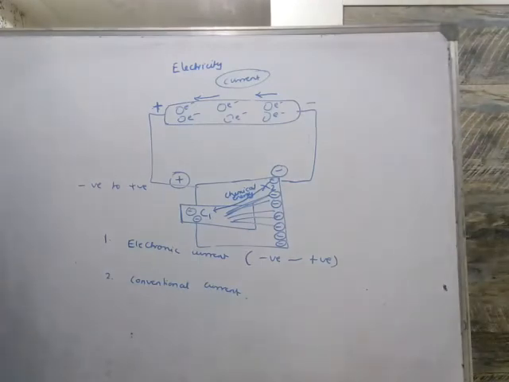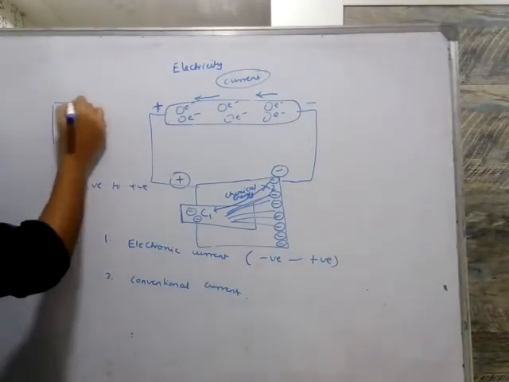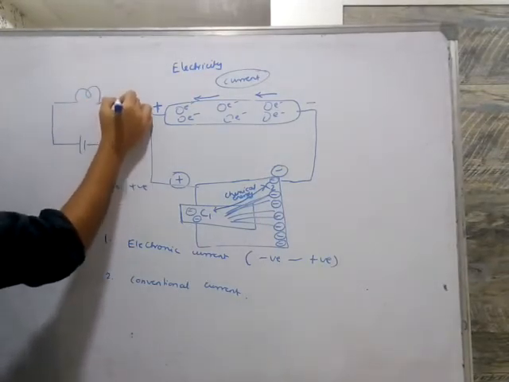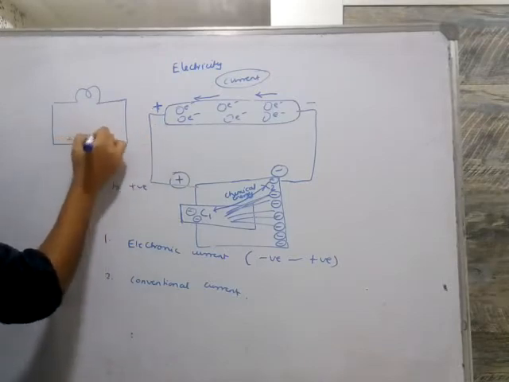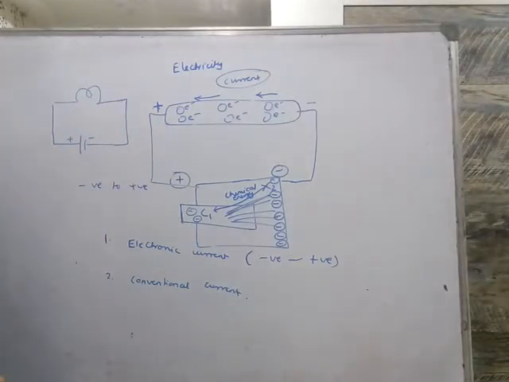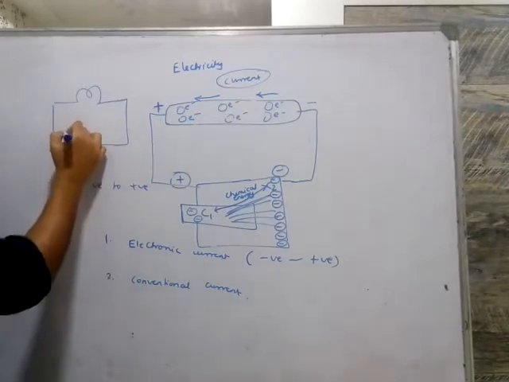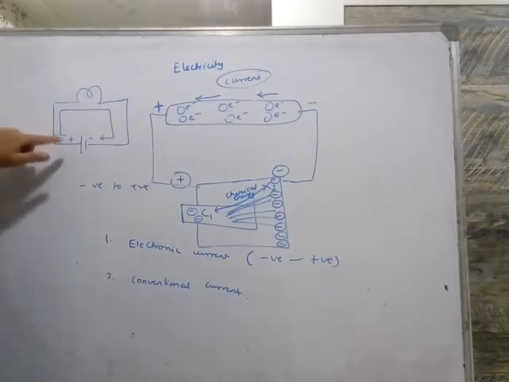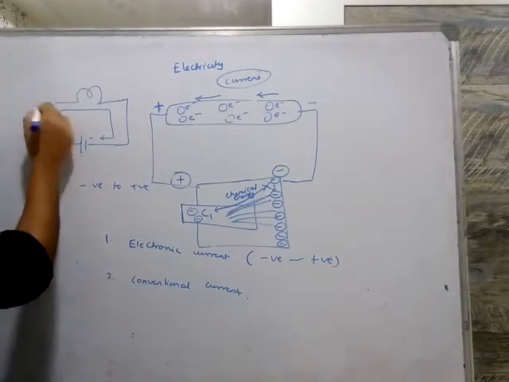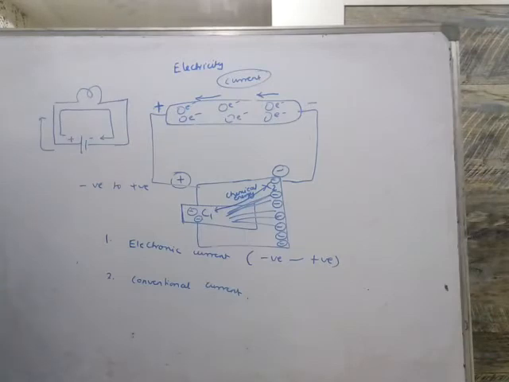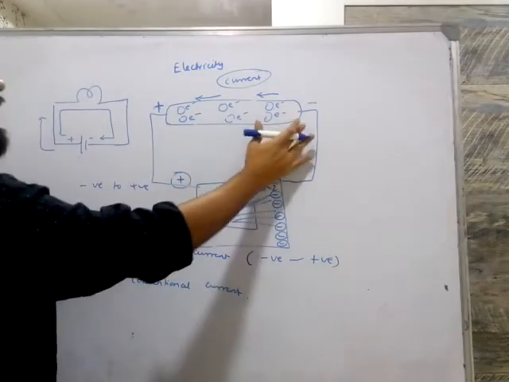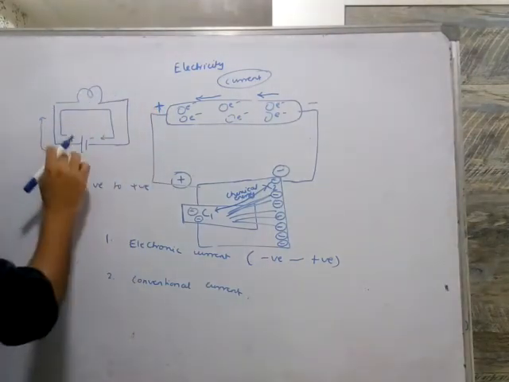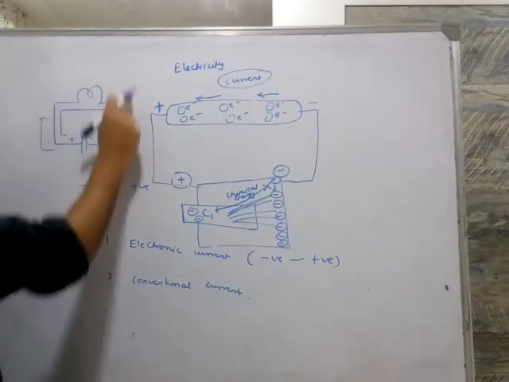But what is conventional current? See, conventional current is nothing but, if I take my electric circuit, this is my bulb, a basic electric circuit. As we have studied earlier, the current is flowing from plus to minus. We always indicate our flow of current from the positive end. So current is flowing in this direction and coming to negative. If you ask, but the electrons are flowing from negative to positive, then why is the current denoted as positive to negative?